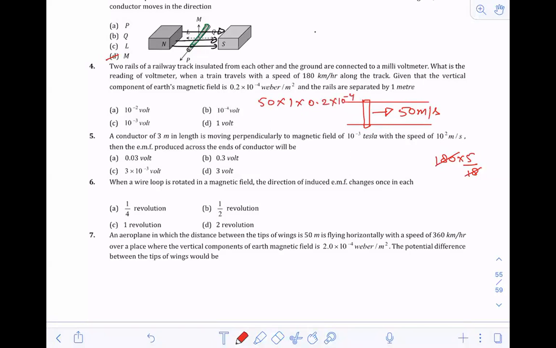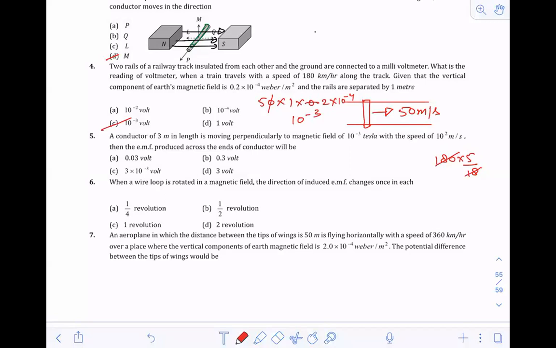Okay, so just eliminate this 10, so 10 to the power minus 3. So option C is correct. Question number 4, option C is correct. So I had seen few people answering D also. D also, yes, one student. B also I had got 10 to the power minus 4. Okay, so the correct option is C.